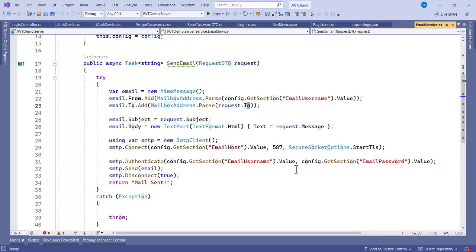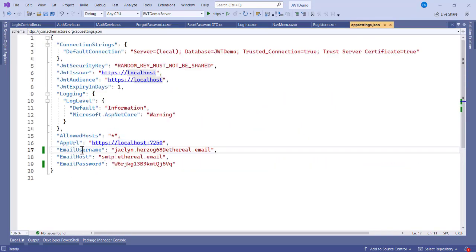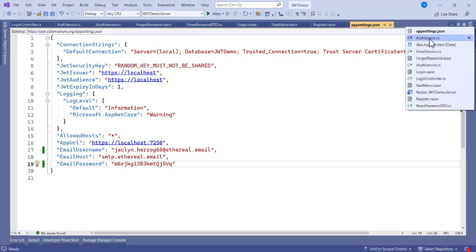So that's going to be the receiver, and here we use our email. We specify that inside the appsettings.json. So this is our email, the one that we are sending. This is our email, and this is our password, because before you send an email you need to log in, so we have to log in first. And there is the host, and the port has been indicated already here, so that's the email